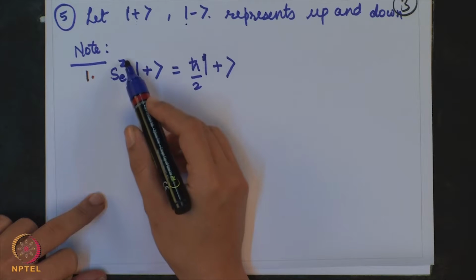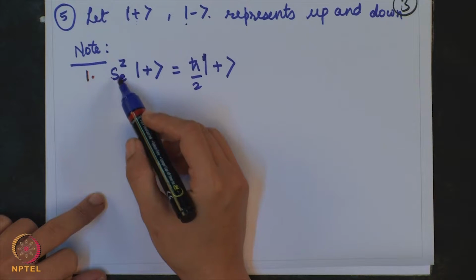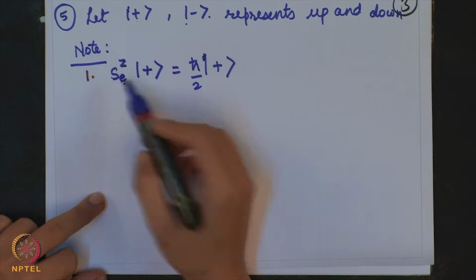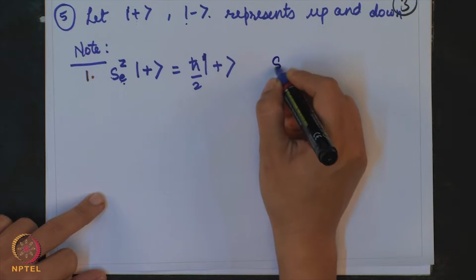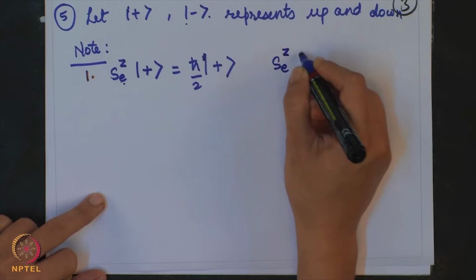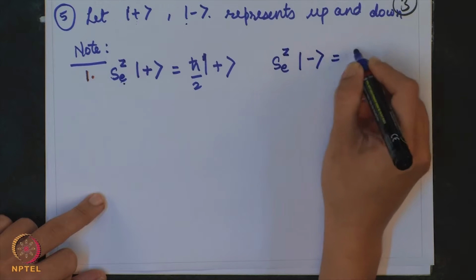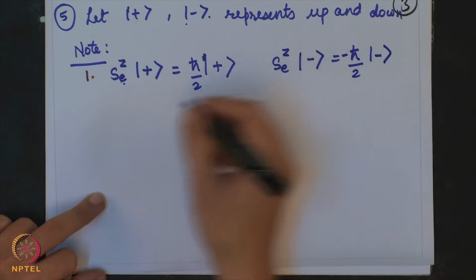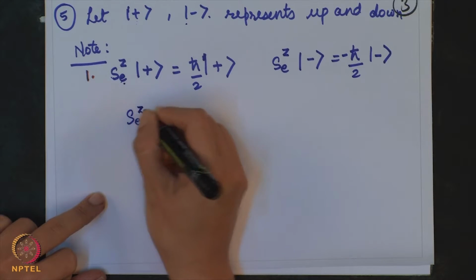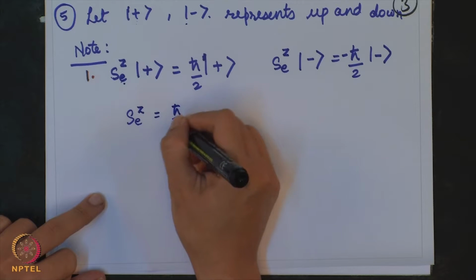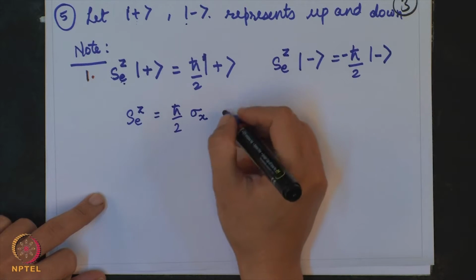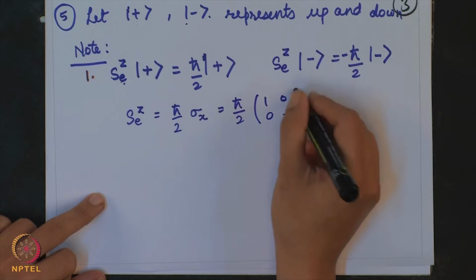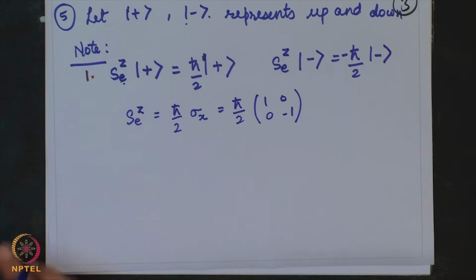Okay. So, Sez will be the Z component of the spin of the electron, and Sez minus would give minus h cross by 2. Okay. And remember, Sez can be written as the Pauli matrix, that is 1 0 0 minus 1. Okay. So, in the basis,